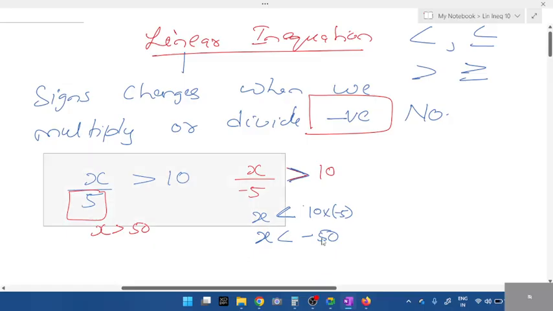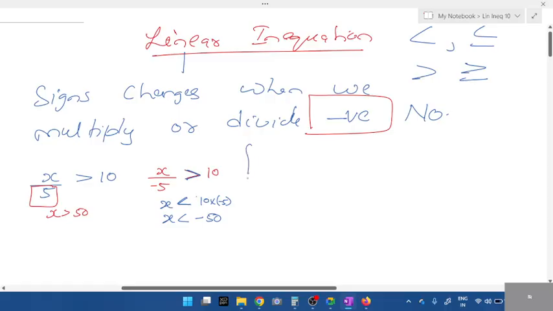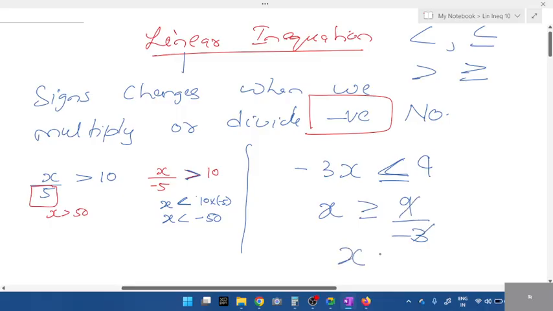Okay, with multiplication, we'll do division now. Same concept, division. Look here. If I write minus 3x is less than or equal to 9. If minus 3 gets divided, what about the sign? Are we dividing a positive number or a negative number? Negative. If I divide, less than equal to will become greater than equal to. Very good. If I reduce, what are we getting? x is greater than equal to